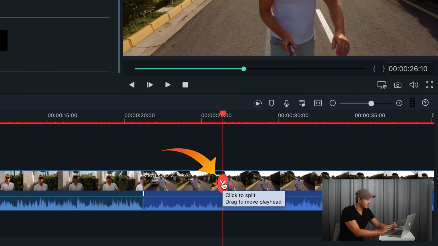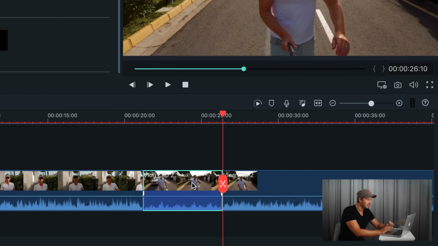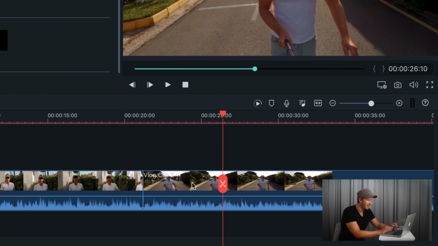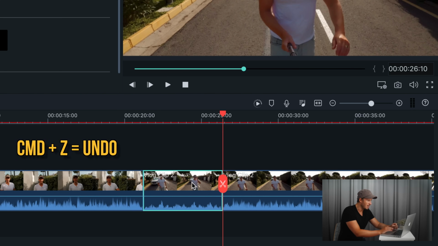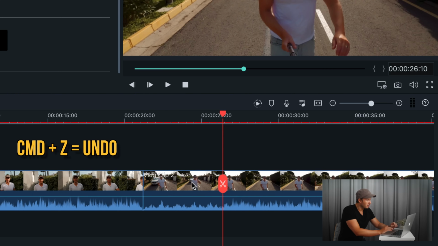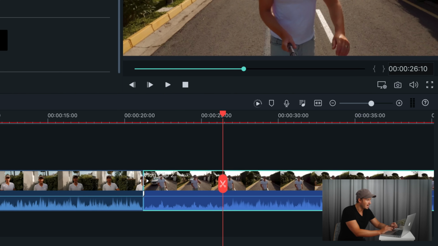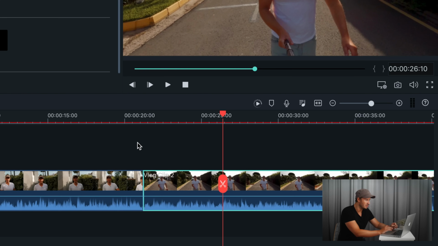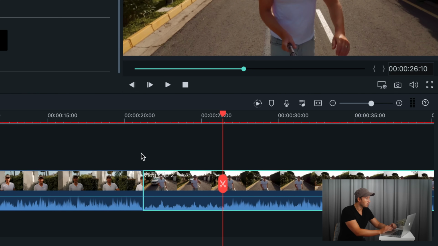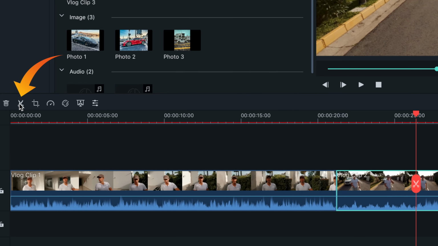The first way is just to click on the little scissors icon there in the middle of the clip. Do so, you'll see it splits the clip, select the bit we want to get rid of, and hit backspace. It is gone. Let's undo that, and we'll try again with a second method. With the playhead where we want the clip to start, simply drag the clip in from the side to meet the playhead. That portion of the clip is now gone. Super easy, but if we undo that,